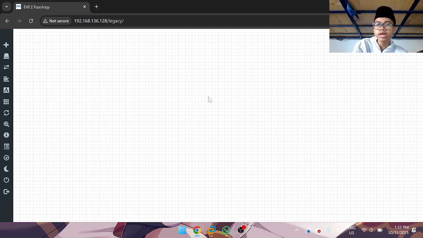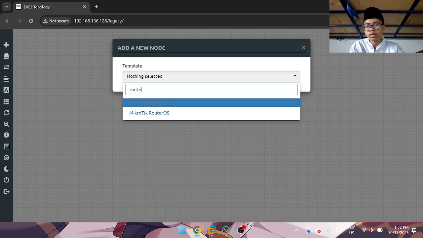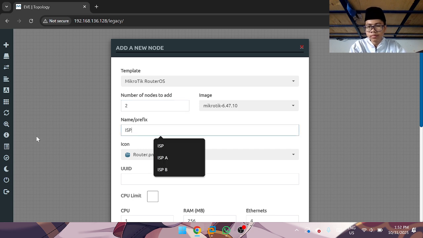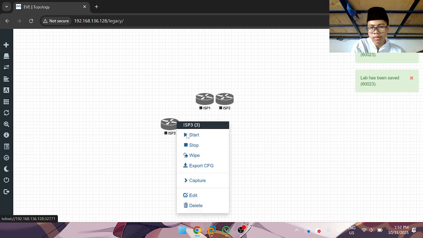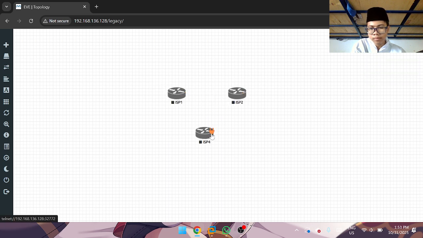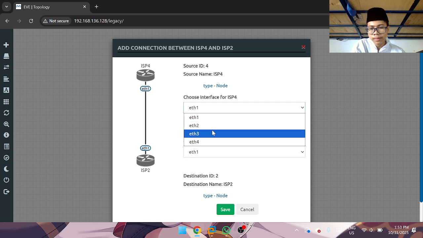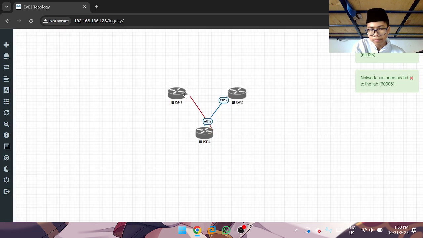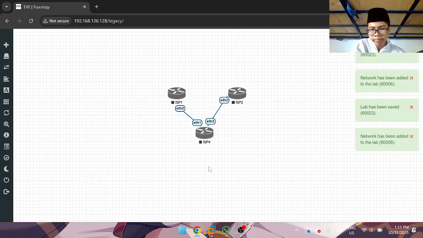First of all, we need two ISPs and two MikroTik boards. Connect all to that.